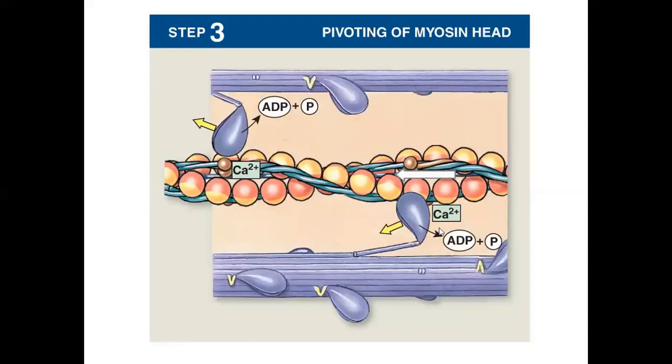And then the next thing that will happen is the myosin head will bend. And that bending is what we call a power stroke. The removal of inorganic phosphate will cause a power stroke, and the power stroke will cause the release of ADP. So step by step,